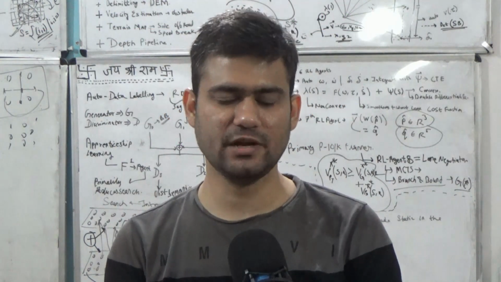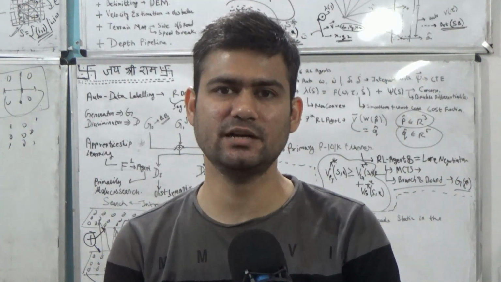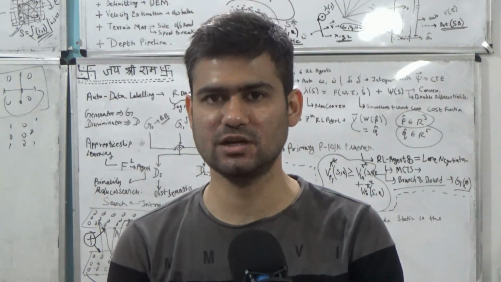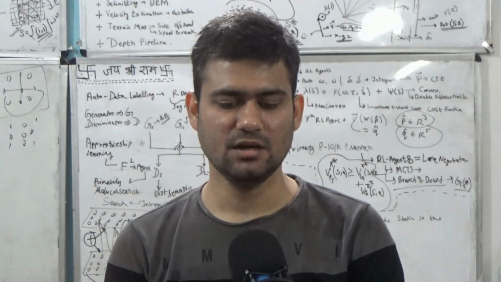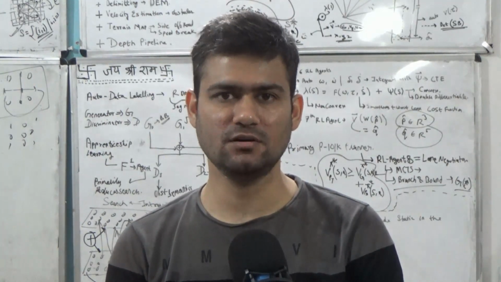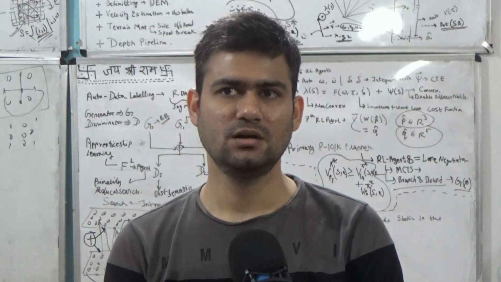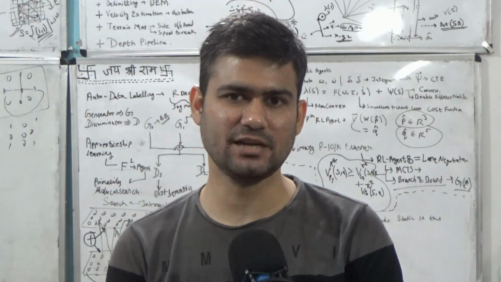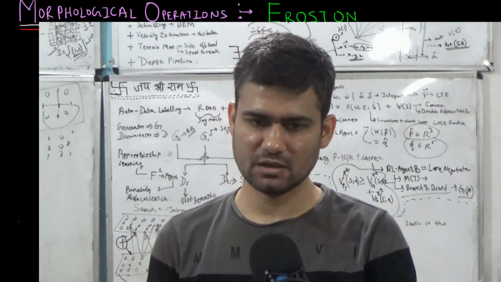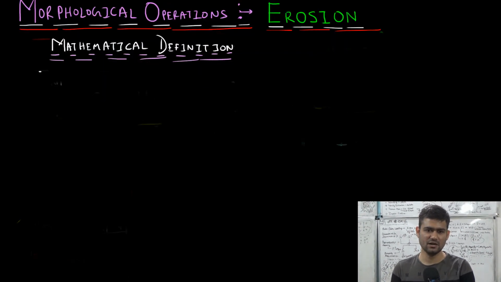So in this lecture, we are going to cover the formal mathematical definition of morphological erosion of an image with a structuring element. And just like we did for dilation, we are going to give a formal definition of erosion operation using the sets and basic set operations. So again, assume that we have an n cross n operator which contains our structuring element,